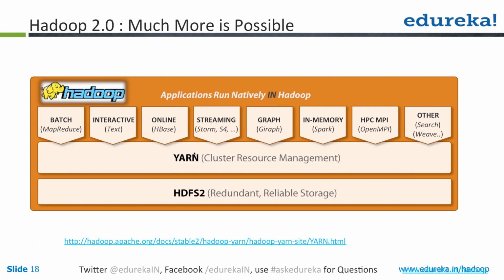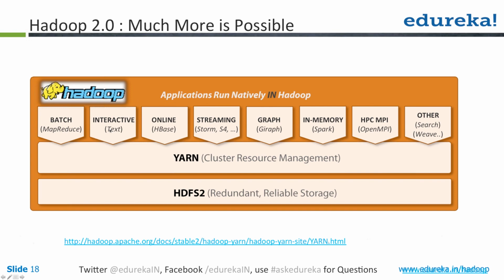where all your resource management has moved to YARN, and it supports multi-tenancy as well. Multi-tenancy means that you can run any kind of application in parallel on Hadoop. Earlier, you were limited to applications which fit the MapReduce programming paradigm, which is batch processing, where you have stored your data and now want to analyze that data and do some future predictions.